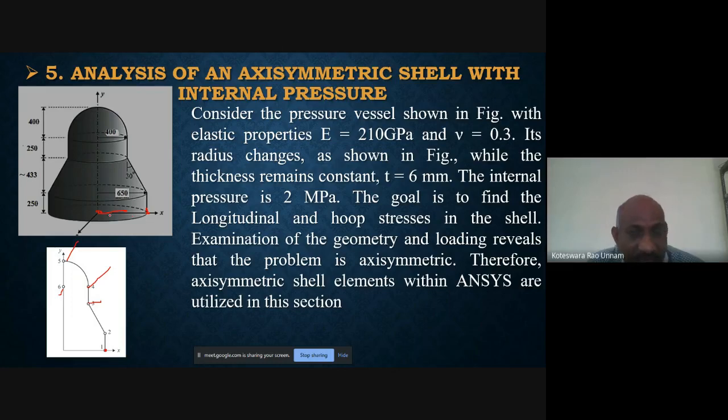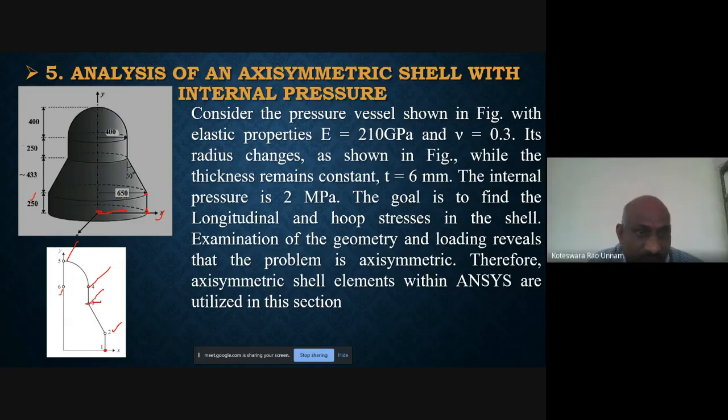In the x direction it is 650, and y and z are zeros. Similarly for key point 2, x is 650 again, and y is the vertical height from here to here, which is given as 250. So 650 comma 250 for this.